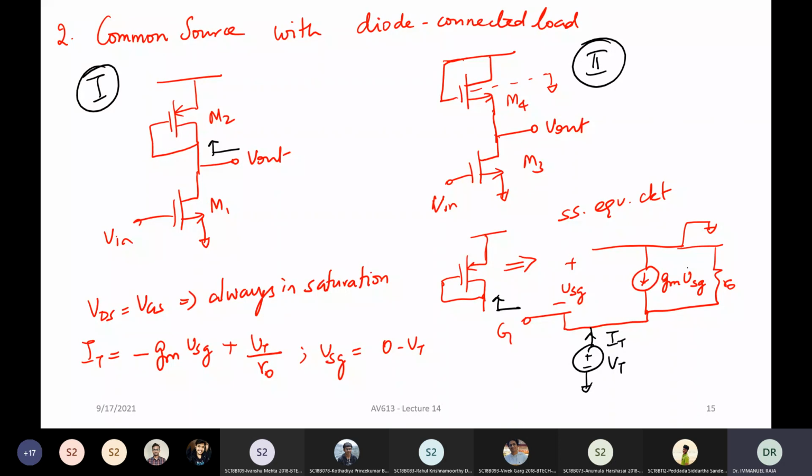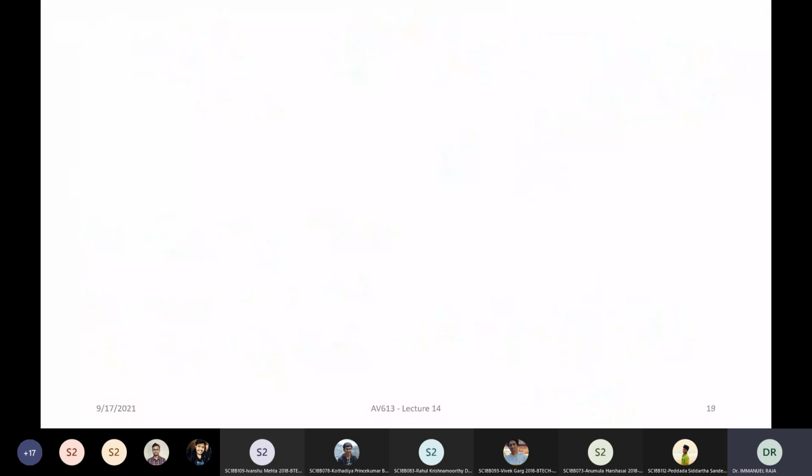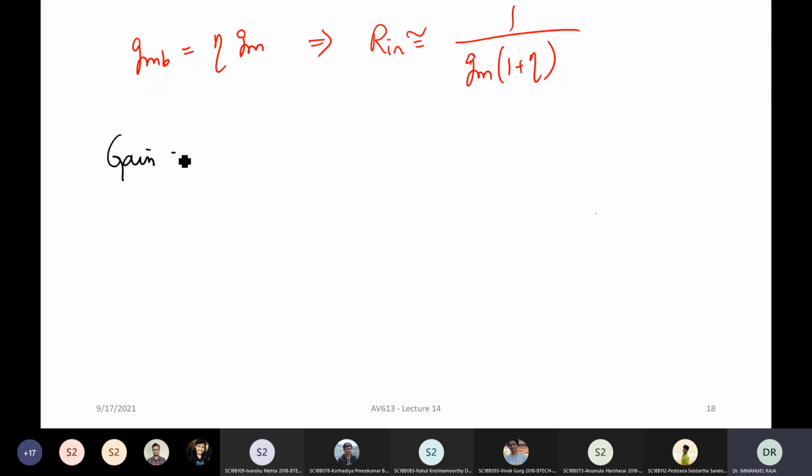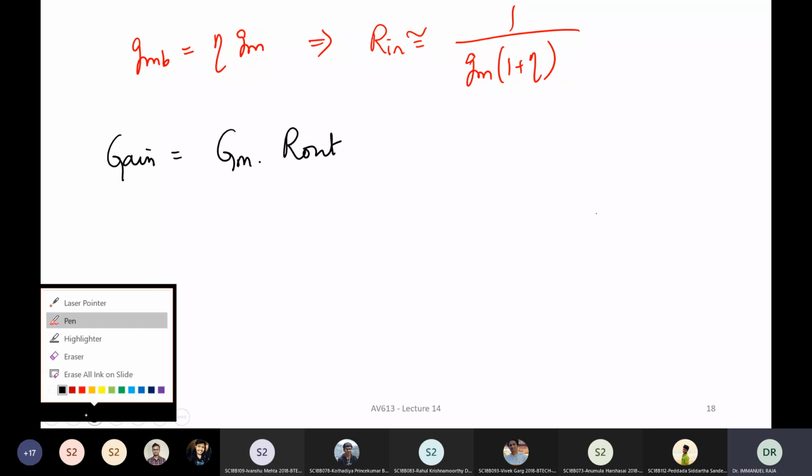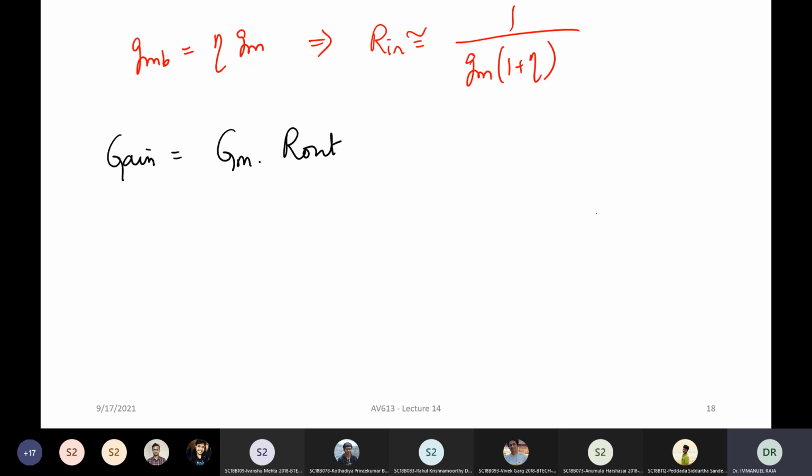The easier trick is to find the transconductance of the circuit. In fact, that is called a lemma, which is also proved in the textbook. You can go through it. The lemma says that the gain can be expressed as the effective transconductance multiplied by the effective output impedance at that node. I'm not going into the proof, but if you want to find the small signal gain, you find the transconductance and multiply it with the effective output impedance at the output node.